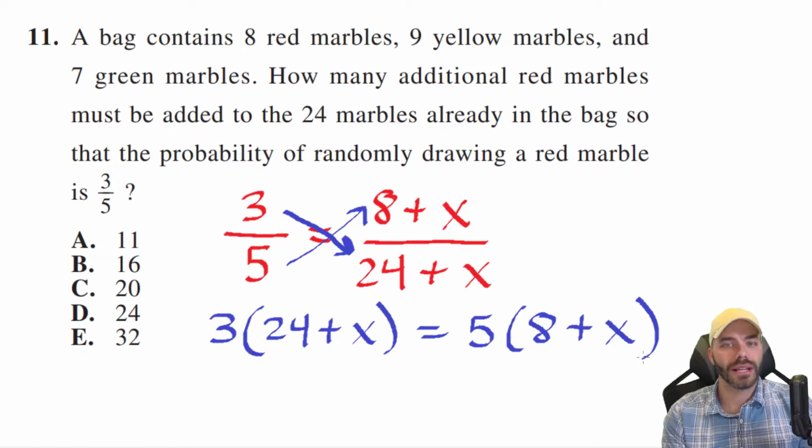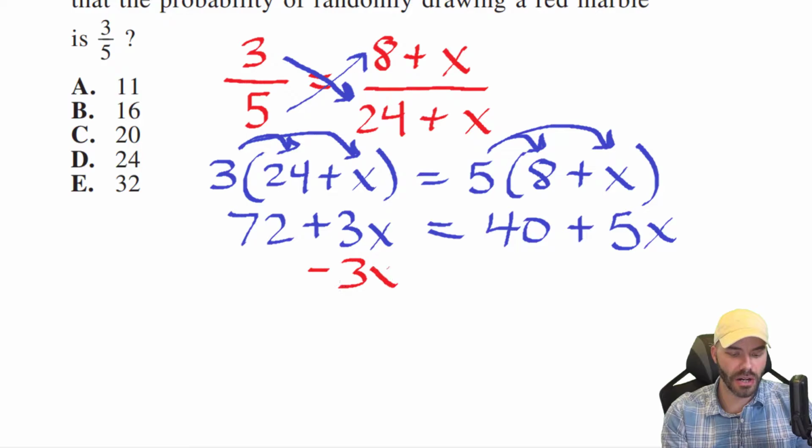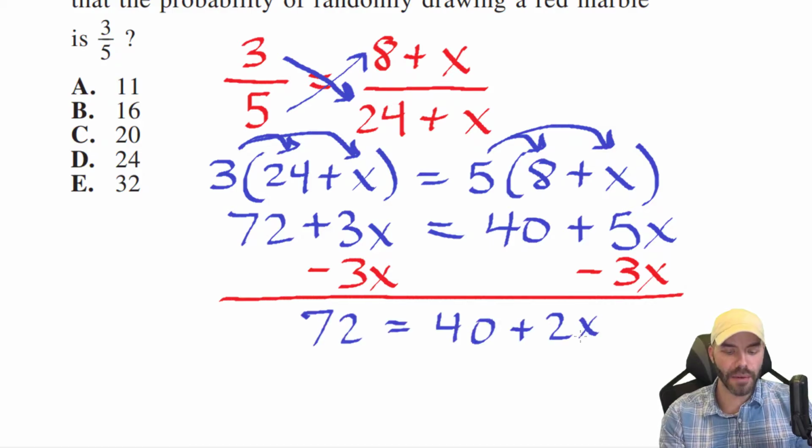There we go. Now we have a linear equation that we must solve. Now we have X's on both sides. All my X's live in Texas. Well, we need all our X's in Texas. So let's subtract over that 3X from both sides to get all the X's in one place. Now we want to get the X's isolated. We want to isolate our X's. All my X's live in Texas, but I don't live there anymore, so